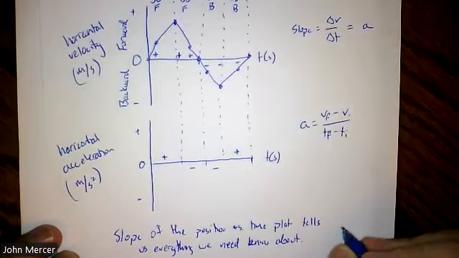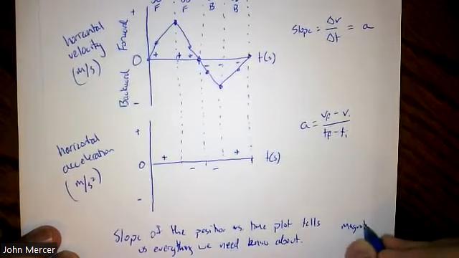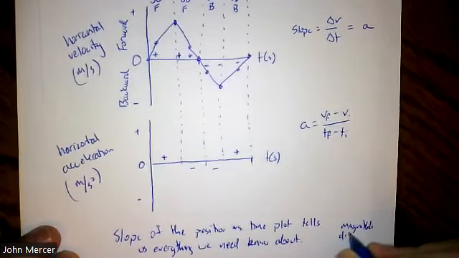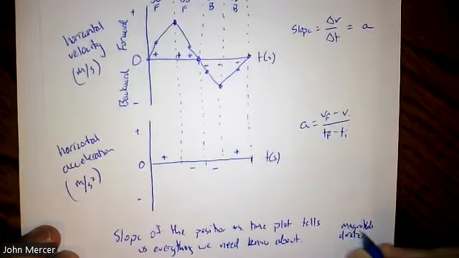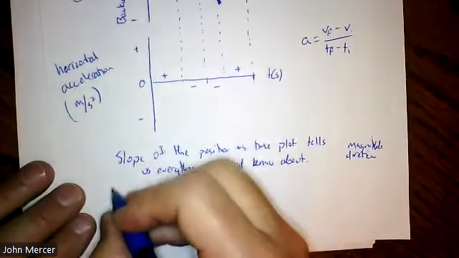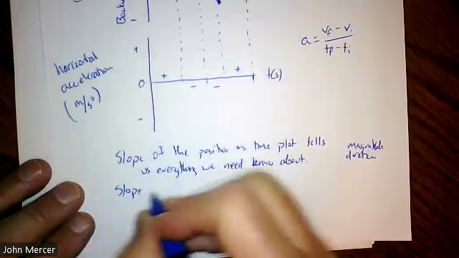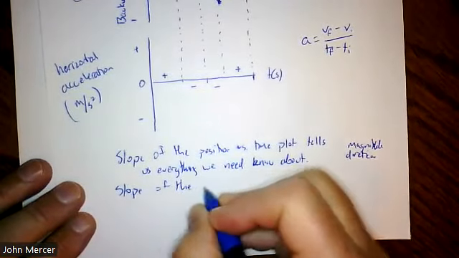And what is that? Everything? It's magnitude and direction. Okay. The other important point is the slope of the velocity versus time